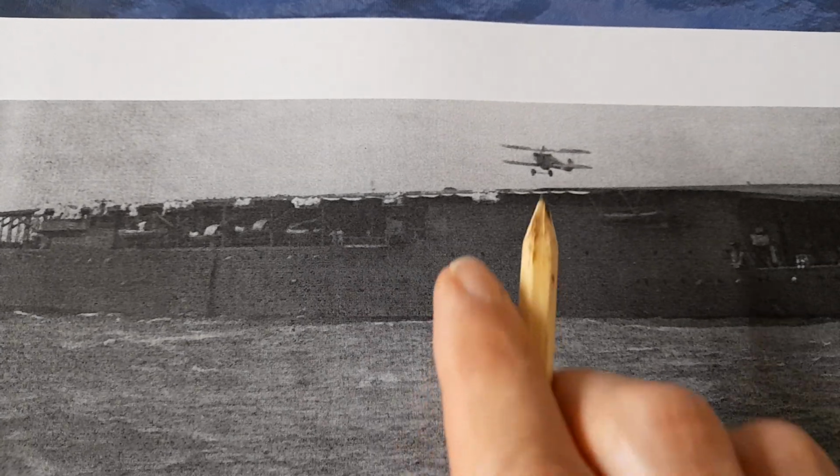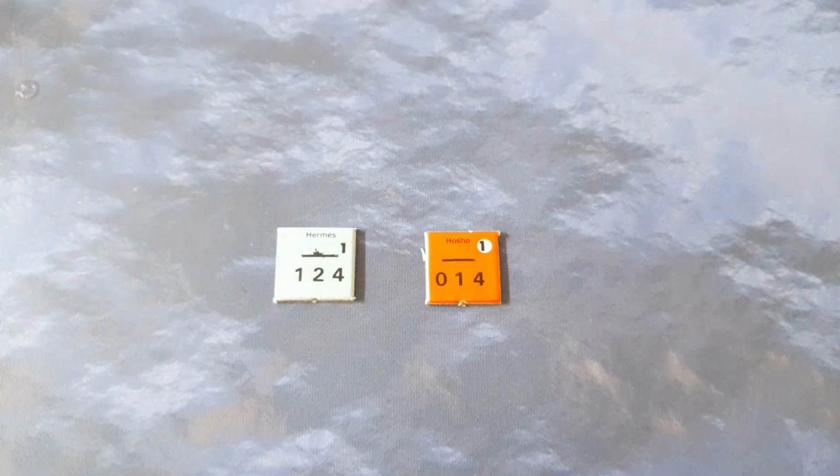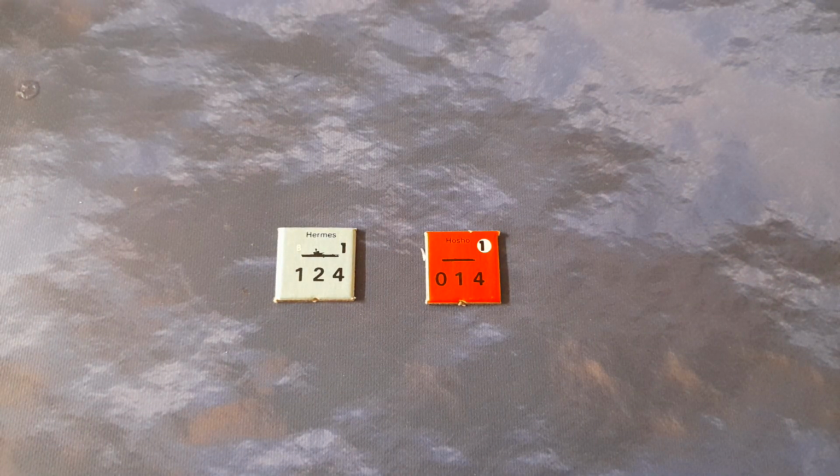And as far as both ships were concerned, this was a very decent length. Bearing in mind that at the time both carriers were designed, aircraft were still lightweight wooden canvas biplanes, so it was fairly easy. In fact, if anything, ships of this size were quite capacious for the role. But you can also tell how early it was in the game because both sides were not thinking of enormous air complements. Interestingly enough, Hermes was always designed to operate roughly 20 aircraft, and this actually remained her operational maximum